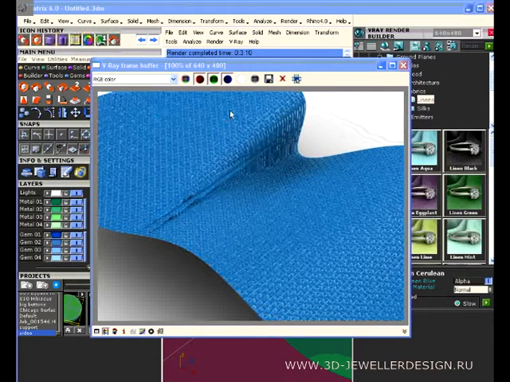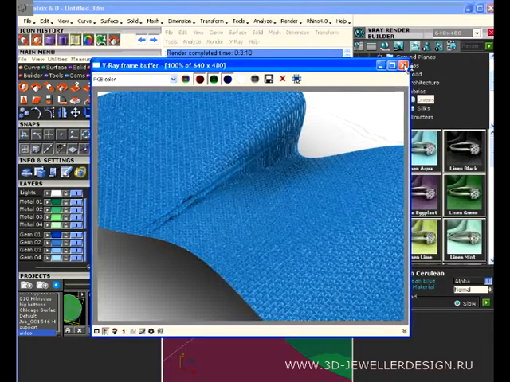But check this out. So here comes the linen, and it comes over here, and then here it gets stretched. It gets pulled down and then turns and comes back. And there's no real good method in the Rhino mapping to do this. Planar's not going to do any good. It's probably going to do worse here. And you know, box, some of the ones we haven't done, cylindrical, spherical, none of them are going to work well. So what we really want to do here is come over to